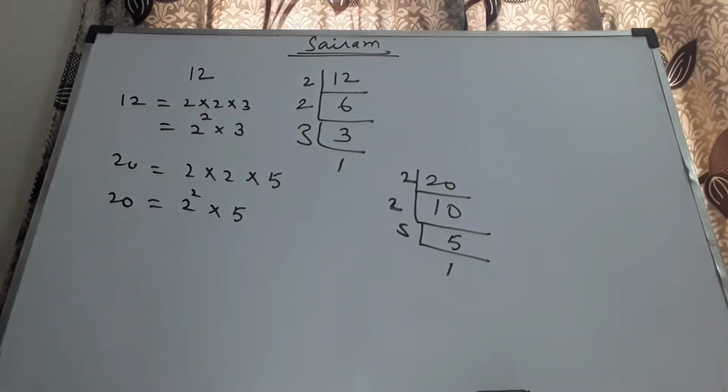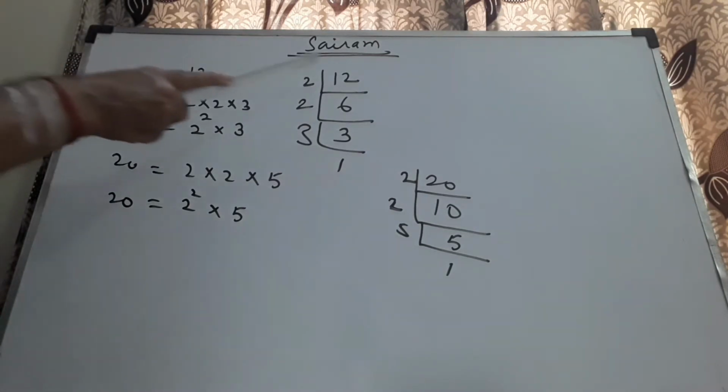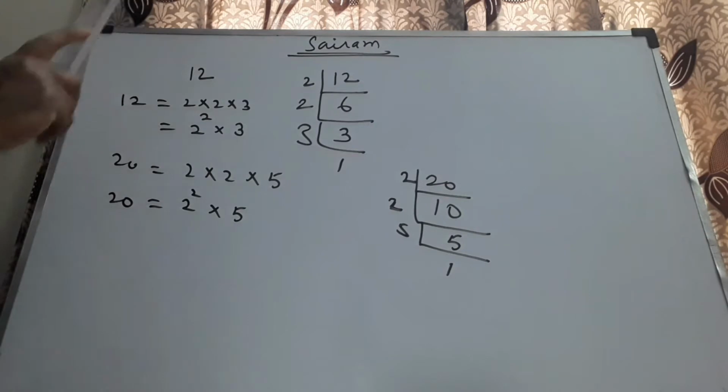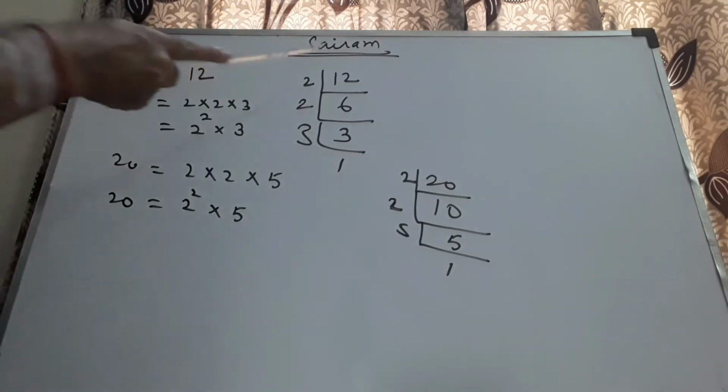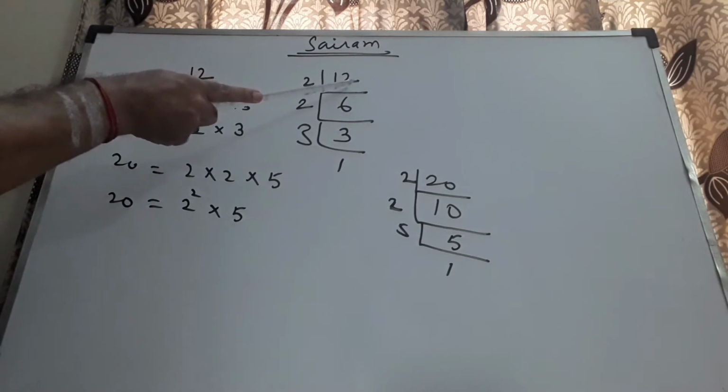They have more factors other than 1 and the number itself. Okay, there are infinitely many prime numbers. There are infinitely many composite numbers. Just listen to this example. I have written it for you already. I have taken the number 12. I will divide 12 by the possible prime factors which it has. 12 is divisible by 2, everybody knows. Every even number is divisible by 2.